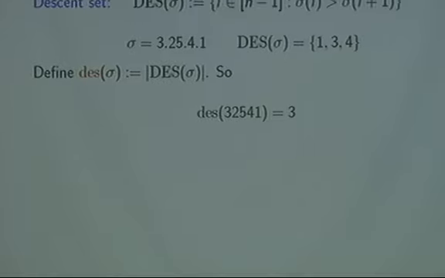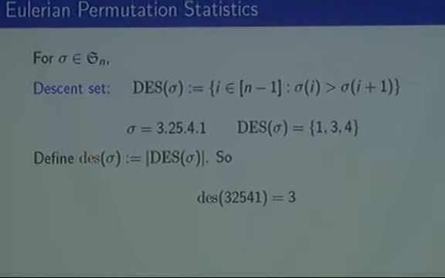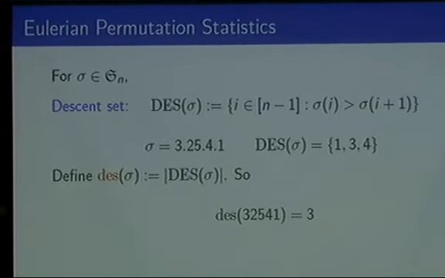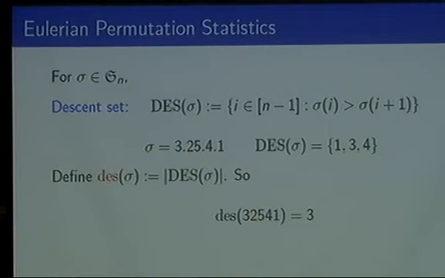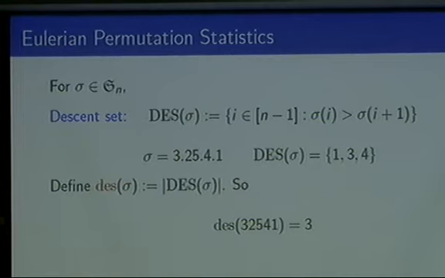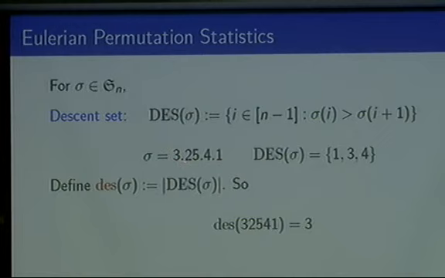So let me start with the descent set, the descent statistic. The descent set is the places in the permutation where the numbers descend. So you can see this permutation written in one-line notation. There's a descent there, and a descent there. So the descent set is position 1, position 3, and position 4. 1, 3, 4. The number of descents is